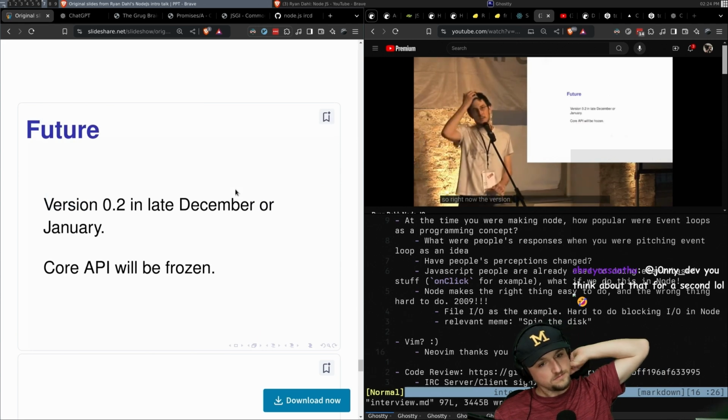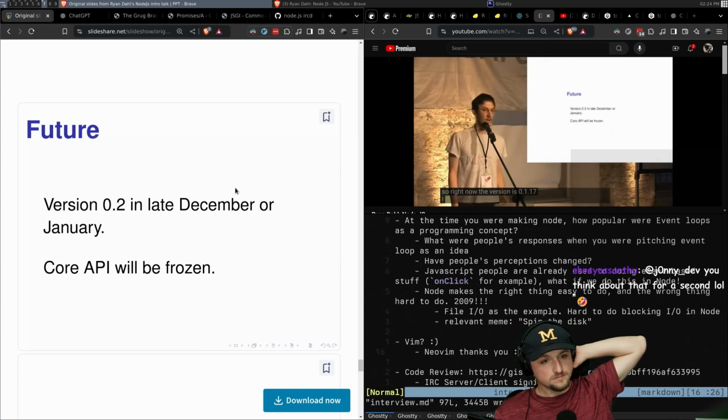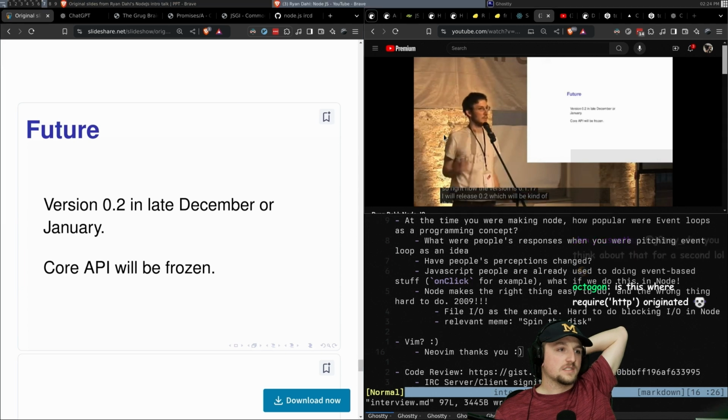So right now the version is 0.1.17. I will release 0.2, which will be kind of the first